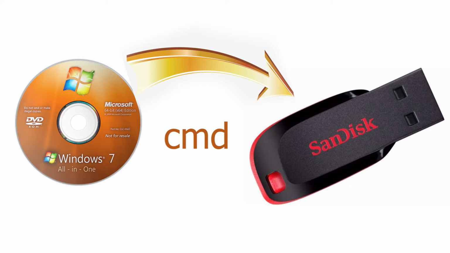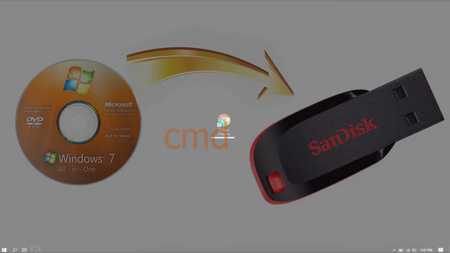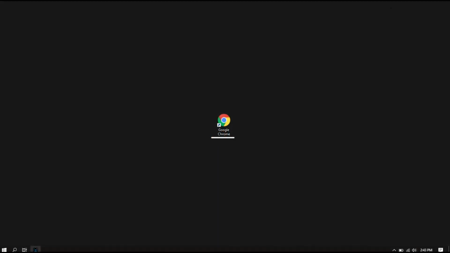And right now I have just a small tip for you to make your USB drive bootable. Maybe you have your Windows but you don't have a CD to burn it on, and you want to reinstall your OS. Okay, what you're gonna do is just go to the search bar,